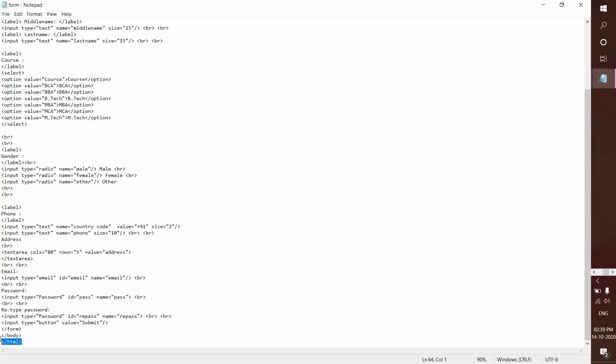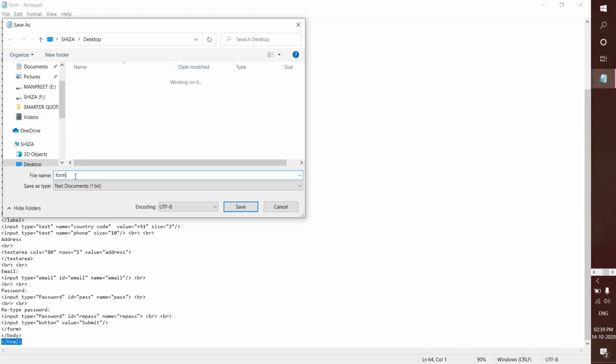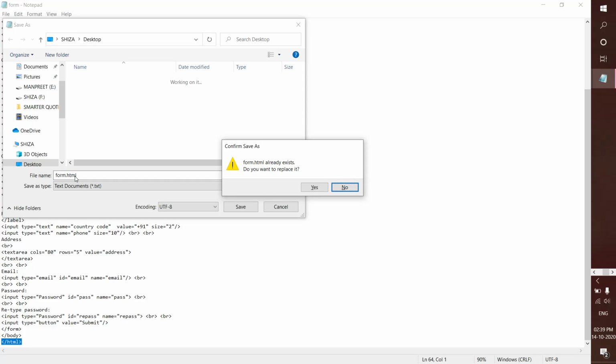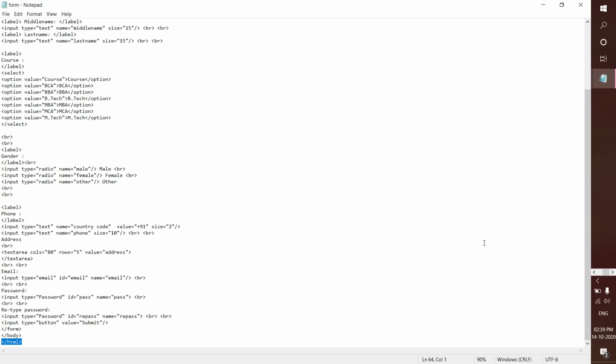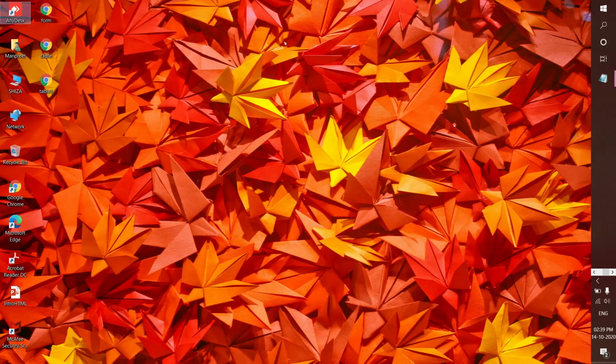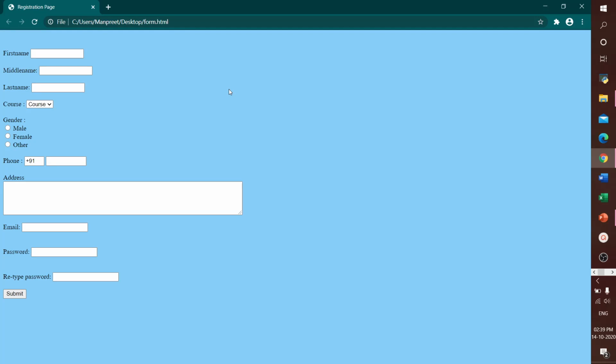So, understood? Now we save this. You can save this as form.html, with the extension HTML, and just save it. Okay, done. So let's see how the output looks. This is the form. You can open it and look at it. The background color we have given is light blue, so this is the light blue color. This is the first name. The text field you can just give